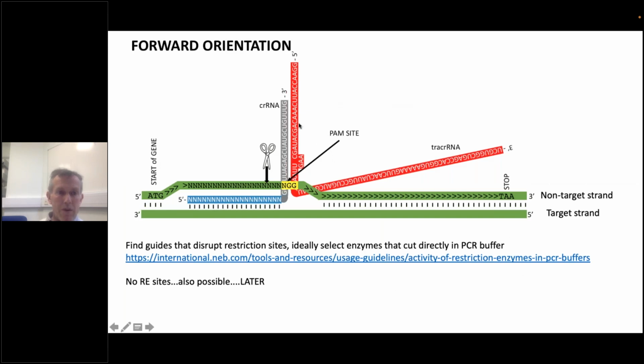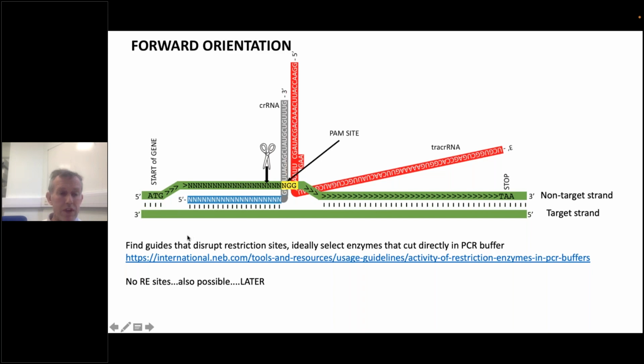Okay, so this is how a CRISPR looks on the genome, how it's actually binding. So you can see here the CRISPR, the CR-RNA. Here you can see the tracer part of the guide RNA, and you can see that the CR-RNA binds to the strand that is opposite if you read the gene sequence over here. And here you can see the PAM site, which is an essential sequence for the guide to work. And it basically consists of 2 Gs if you read in this direction.